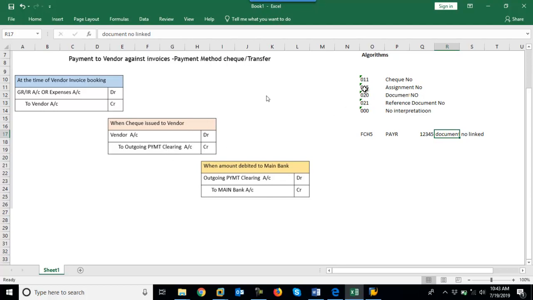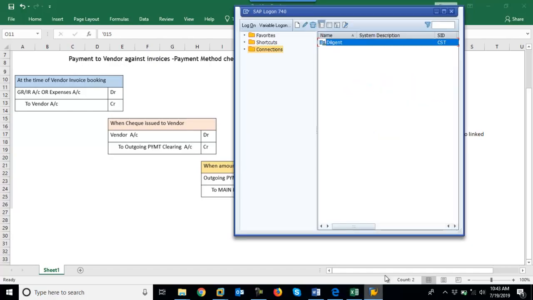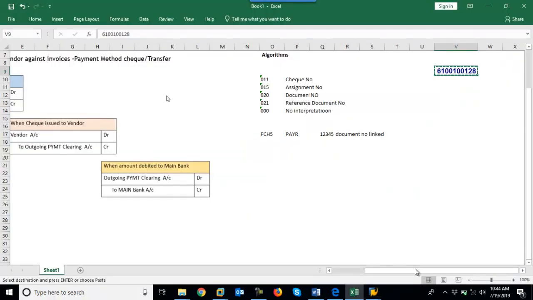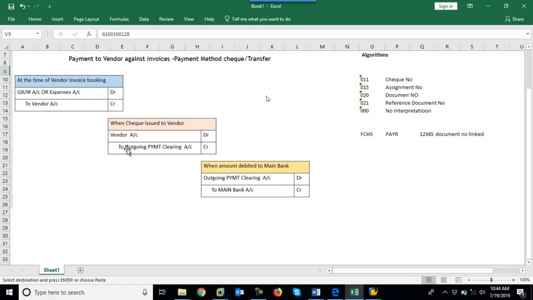Now coming to the assignment number. What is the assignment number? We will see in this. See, this is the assignment number field. So when you are posting this entry or this entry, the same assignment number will carry here based on our configuration again. Else we have to maintain it manually. Based on this assignment number,